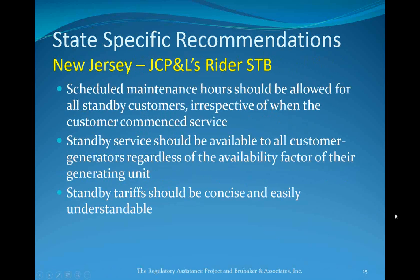The next one we looked at was New Jersey. New Jersey is a customer choice state. It appeared to us, to be very honest with you, that the tariff was really established back in about 2003, I believe, was the footnote at the end of the tariff. So the tariff is more than 10 years old. There were some provisions in it that I just think probably didn't belong. They talked about scheduled maintenance. You've got to remember, you're not buying generation, you're buying distribution service from JCP&L. So I really don't believe that belonged in there, but our mission was to address the various provisions